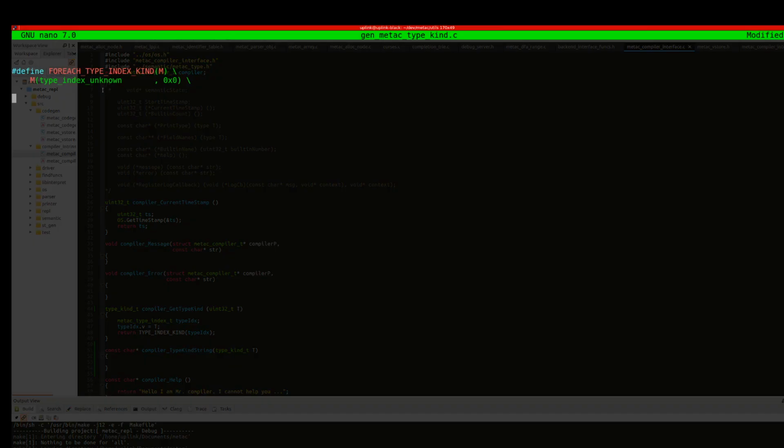And this X macro, which you see here, gets a macro, and that macro gets two parameters. One is the kind, and the other one is the value, right? So what we can do now is we can